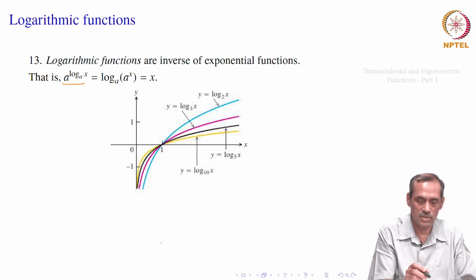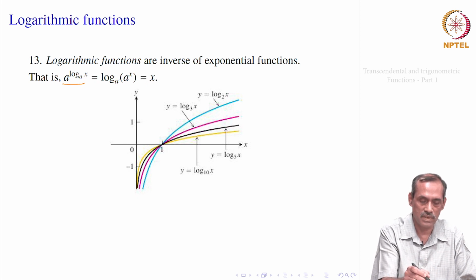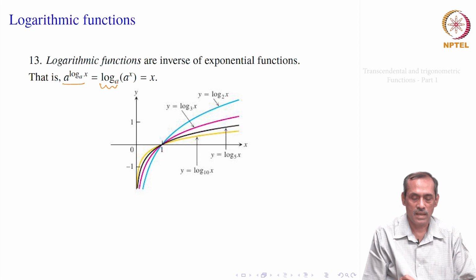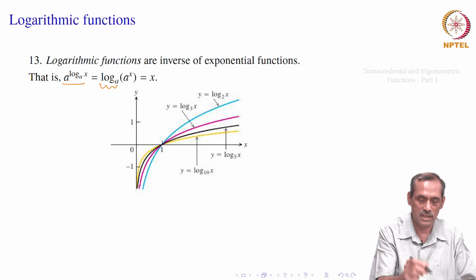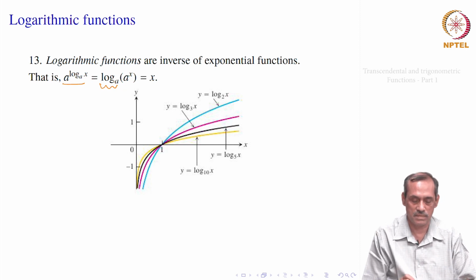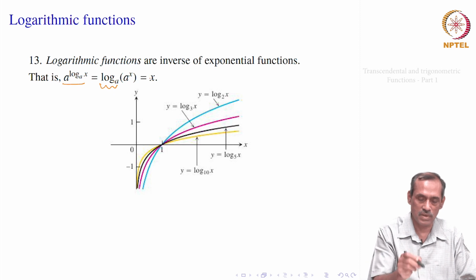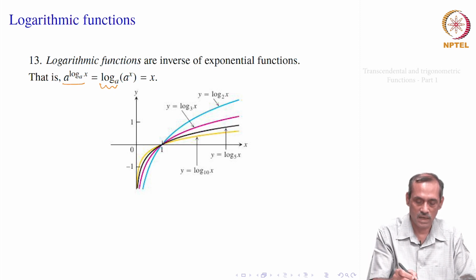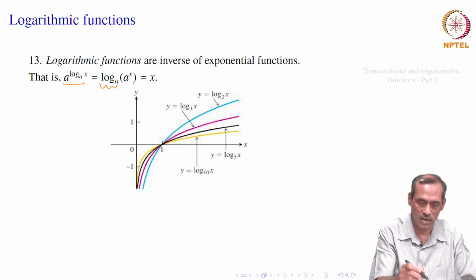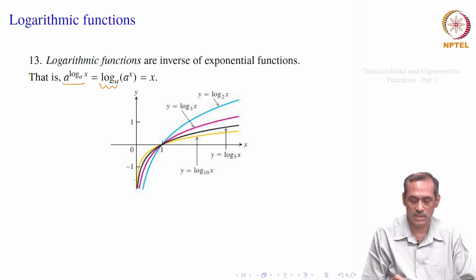So, here you see that a to the power x, log of a to the power x, this is our function f, which is log to the base a. So, a to the power x is always positive. So, then this log, its domain should be positive reals. And of course, you get back any x from this, depending on how this is behaving, whether it is less than 1 or bigger than 1. If x is bigger than 1, you would get log of that to be positive, and when this x is less than 1, you get log of that to be less than 0 or negative.